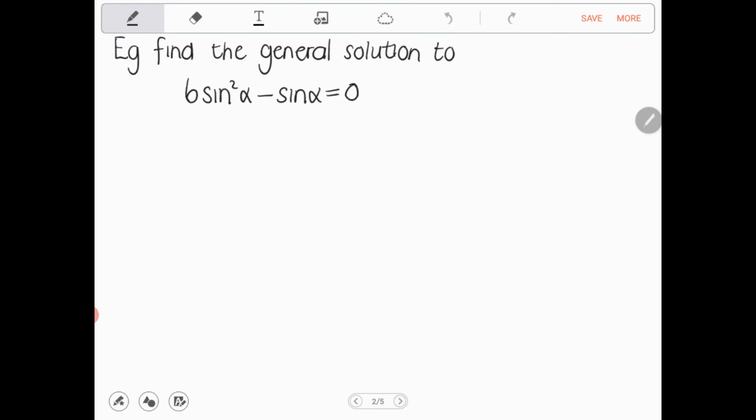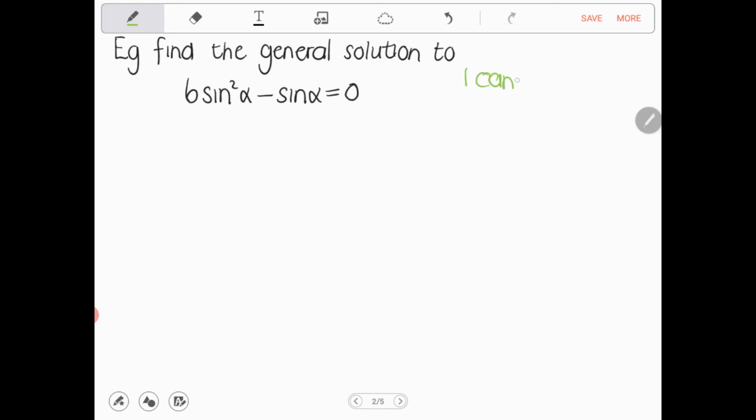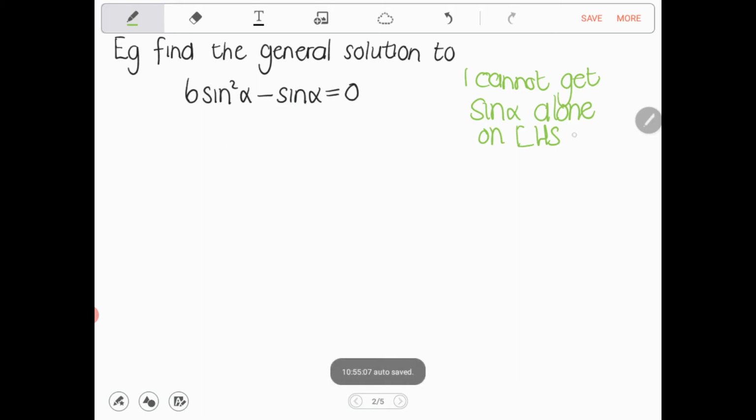All right, so let's look at 6 sine squared alpha minus sine alpha is equal to 0. If you look at this equation, I cannot get sine alone on the left-hand side. There are two terms here, so no matter what you do, you're never going to get just sine alone on the left-hand side. All right, so because I can't get sine on one side and a number on the other, then I ask myself,